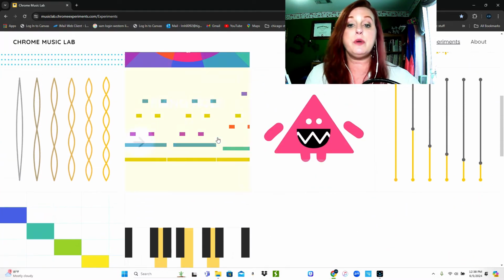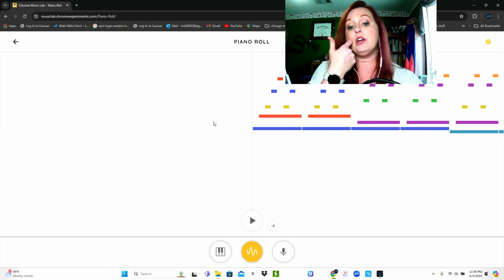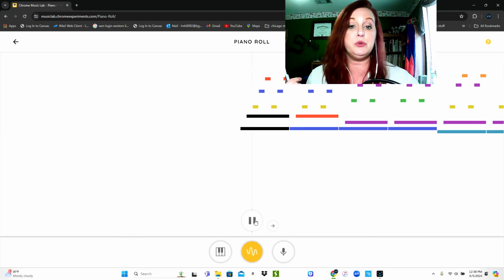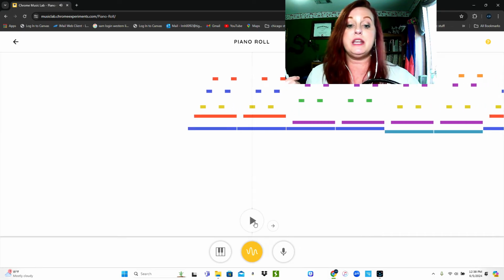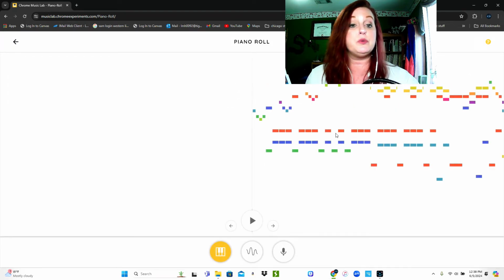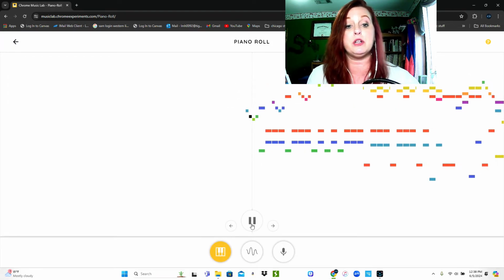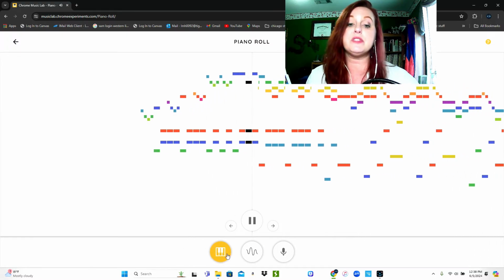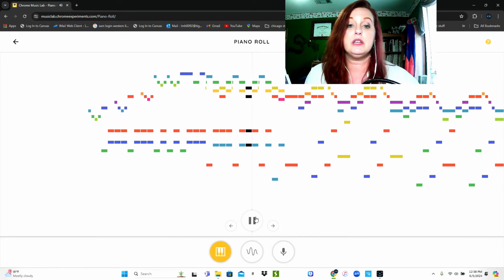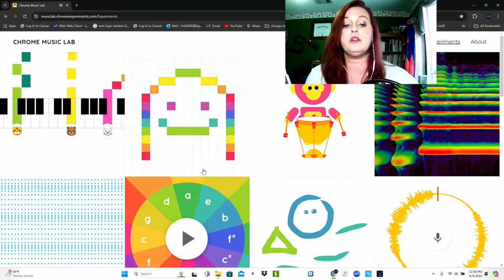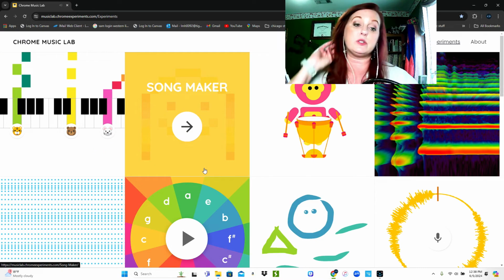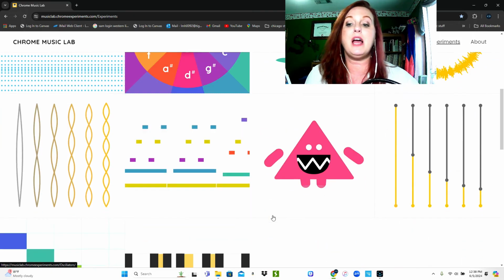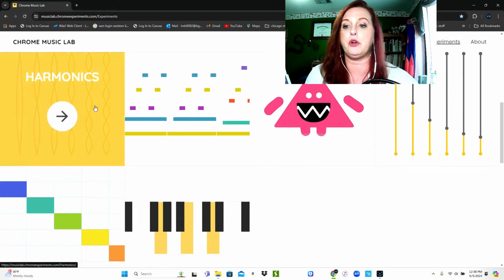They also have piano roll in here. Again, this is not really one that I have used, but you can set it to different songs. It'll play through different songs here, and they can just see what it looks like. You can change the sound from synth to piano. So it's a neat little thing, and it's got some classic songs in there. So again, not something I really use unless the kids are just doing an exploration of Chrome Music Lab in